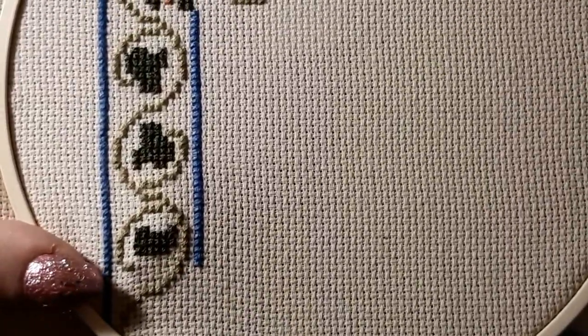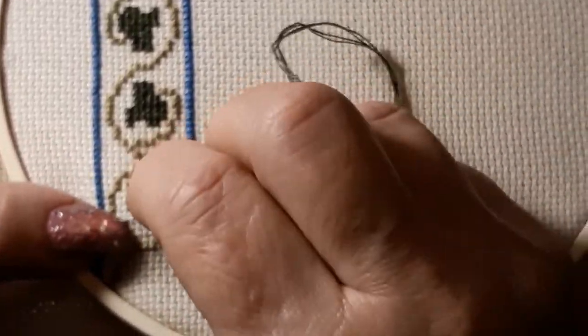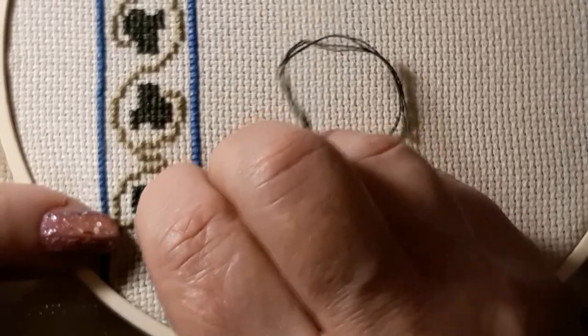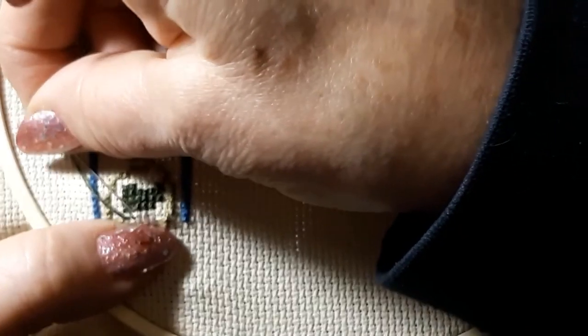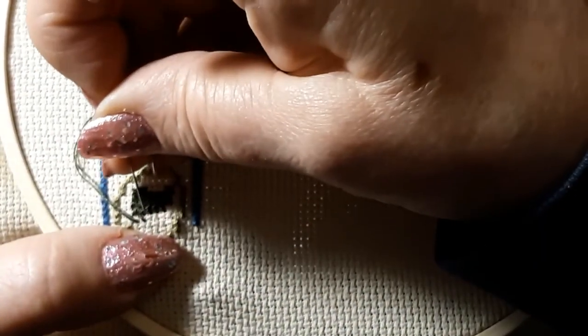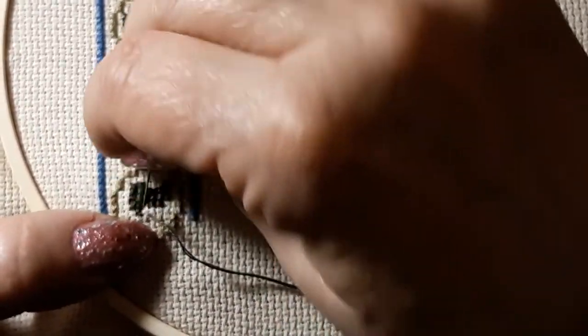Yay. Trying to figure out where I have to be. I almost lost it again. Come on. Come on. Stitch, please. So,